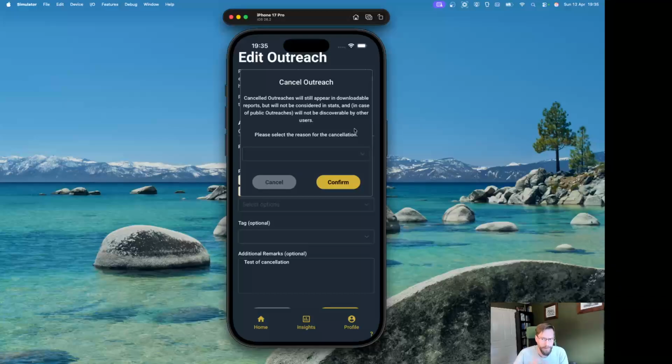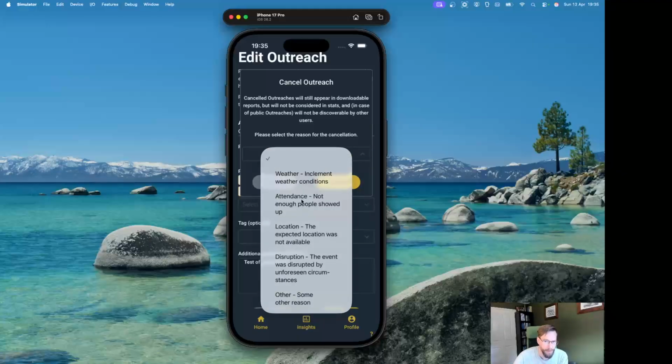It's quite important to know that, because again, just to remind, any outreach that is created can be canceled as long as there's no encounters entered for it, and anyone who's part of that outreach, who's sharing it, who's joined it, will see that outreach being canceled. Okay, finally thing to mention is that every cancellation will ask you for a reason. At the moment, we have a couple of reasons here that are pre-populated. You would have to select from